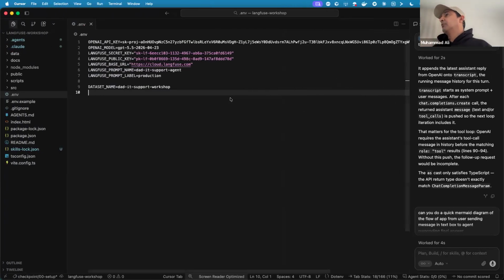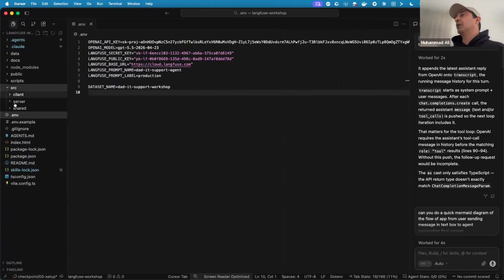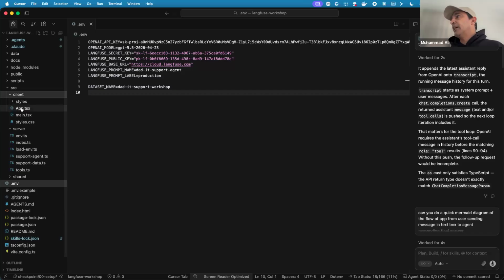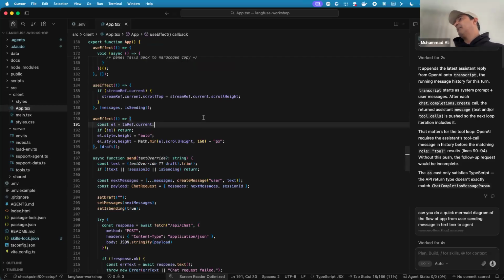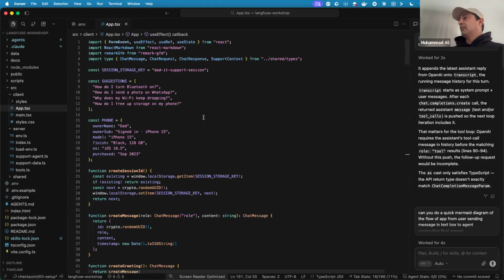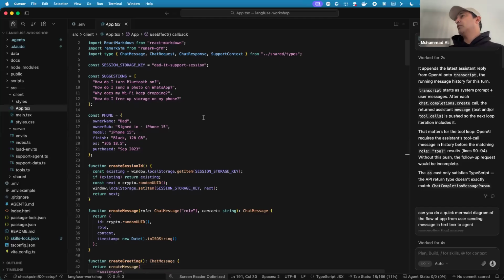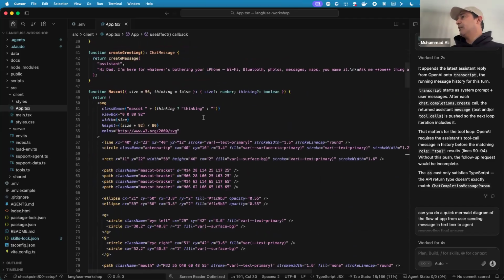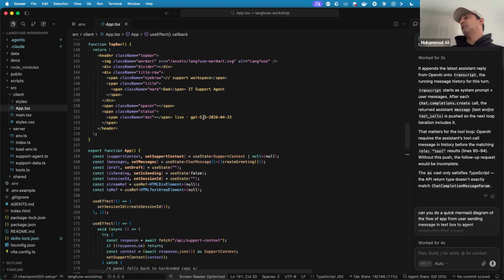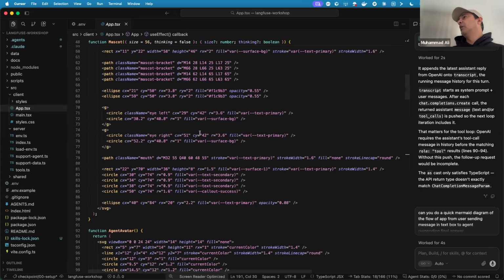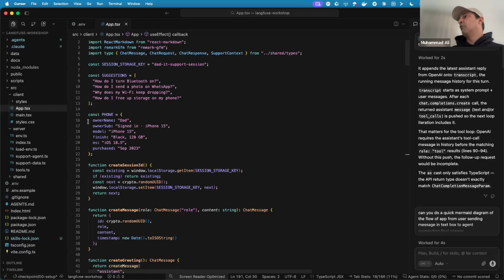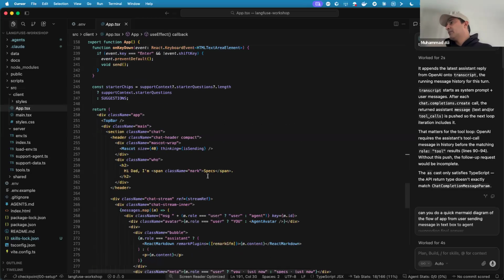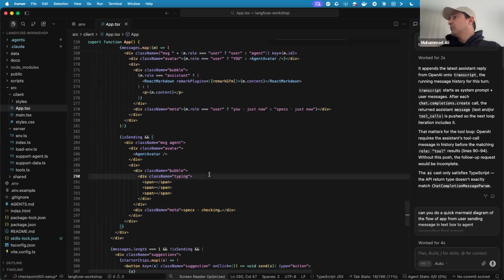So I'm going to go back to my application and walk you through very quickly what this application is. My application has a client, which is my web app. It is a simple TypeScript application which has a bunch of APIs behind it, and that's what we call to invoke this agent behind the scenes.